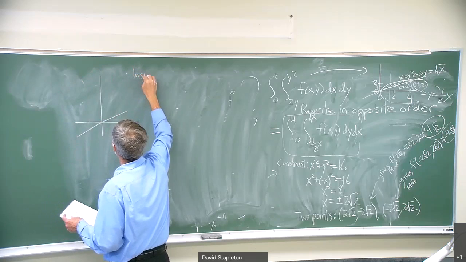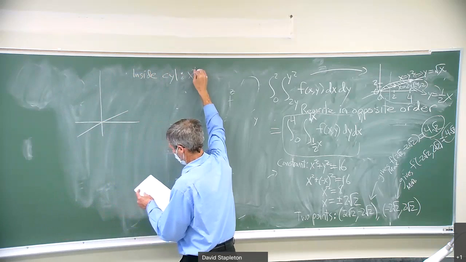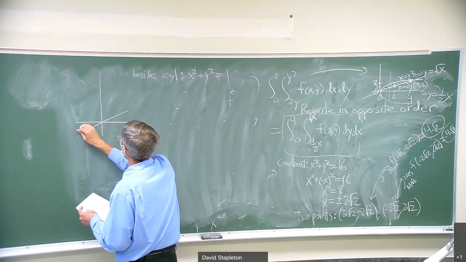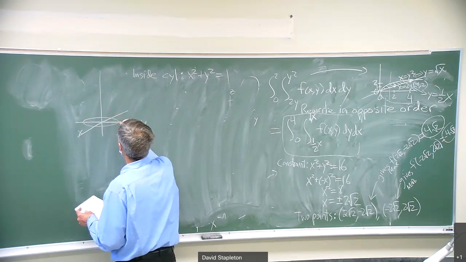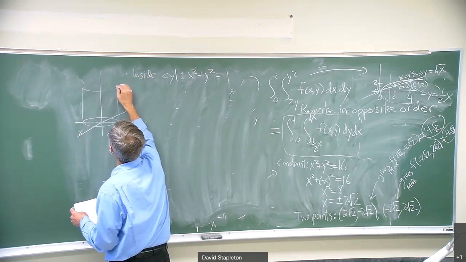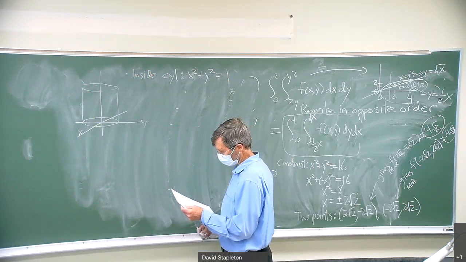So it's inside the cylinder x squared plus y squared equals 1, the unit radius cylinder. You just draw in the xy plane the circle x squared plus y squared equals 1, and you extrude it vertically, right? Because z can be arbitrary then. And it's this cylinder like that. There's the cylinder. And then we say above,